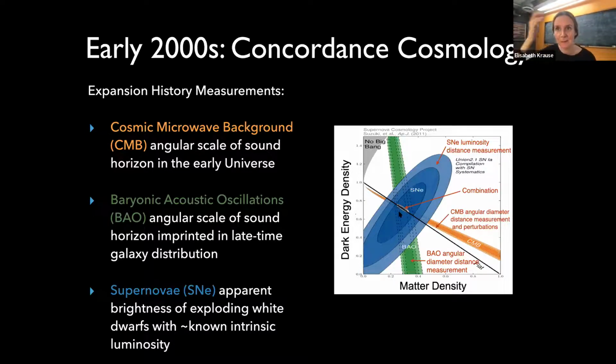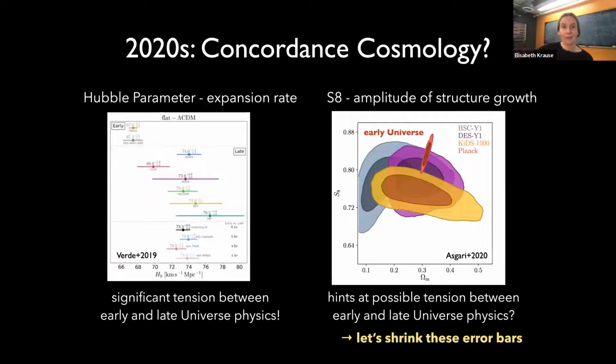These three measurements beautifully agree, bringing us to concordance cosmology and the statement that dark energy makes up about 70% of the energy budget. Now in the 2020s, as we've really zoomed in on this lambda CDM model, trying to see whether it holds up, there are first cracks in that our measurements of the expansion rate or Hubble parameter are in significant tension between early and late universe physics, as shown here in this plot,